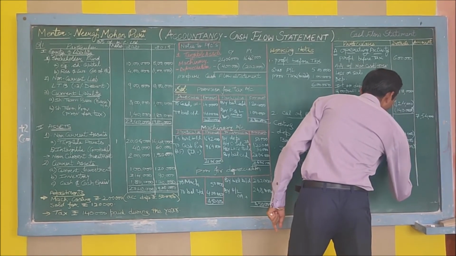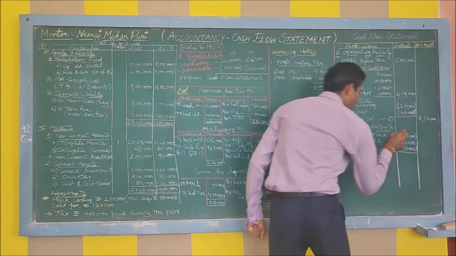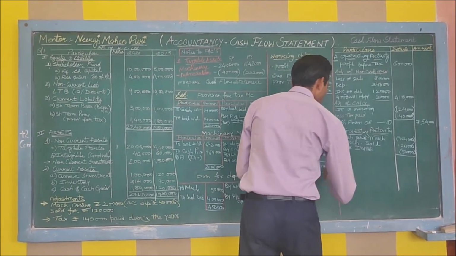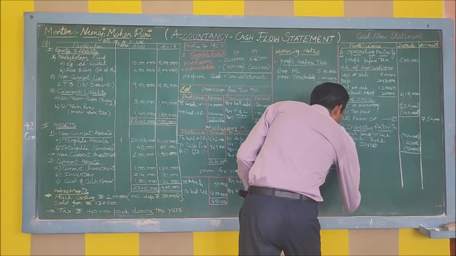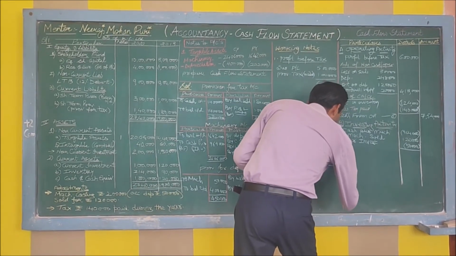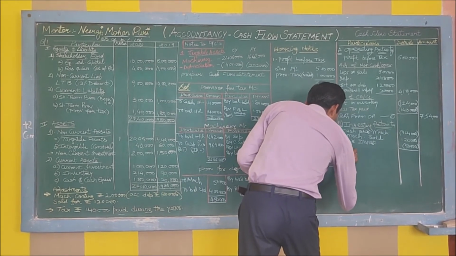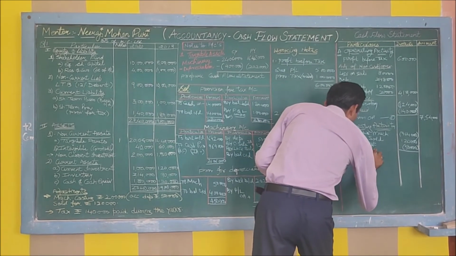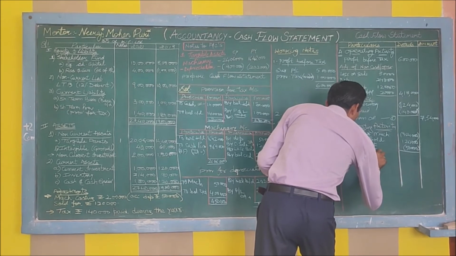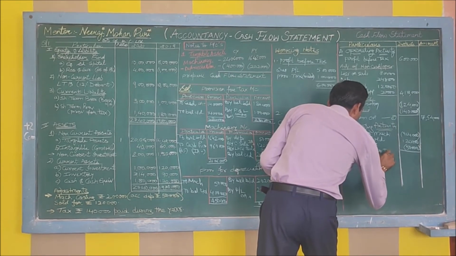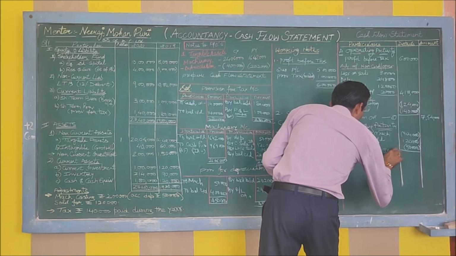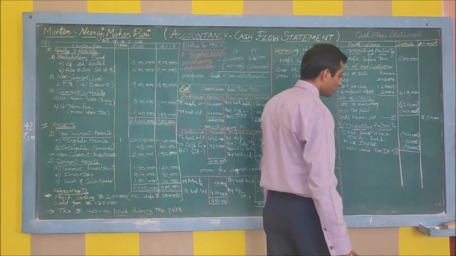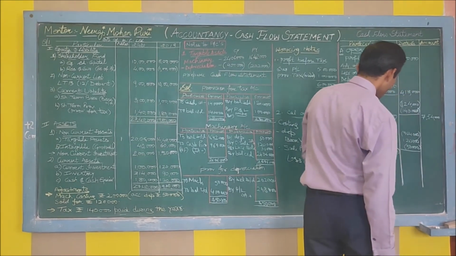Let's find the net answer. With this, the activity is finished. The answer will come negative. We will write it as cash used. If it is negative, it is written as cash used. If it is positive, then we write cash from investing activity, equation number 2. Its answer will be written again in the amount column. Be careful regarding your presentation.